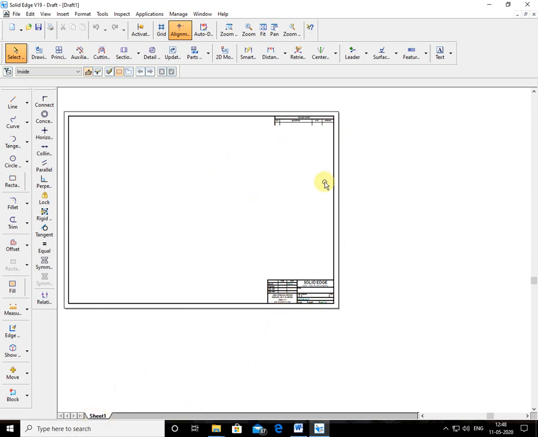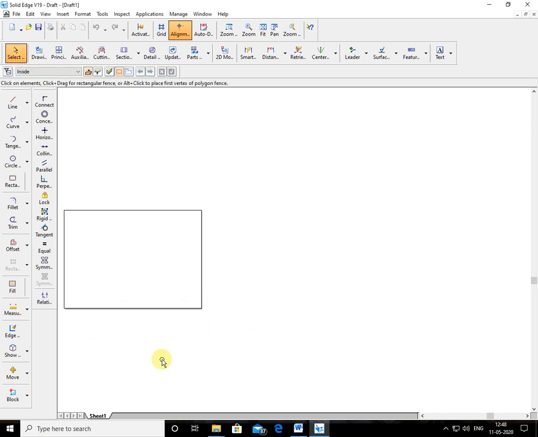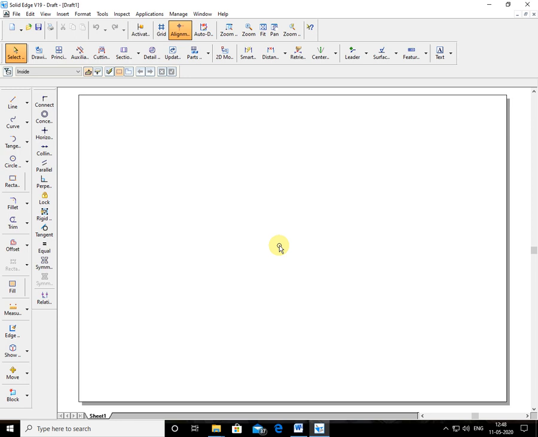I want a plain sheet of A4 size. So bring the cursor on Sheet 1, do the sheet setup, then choose A4 size for the background. Fit to the screen. This is the first procedure you have to do.